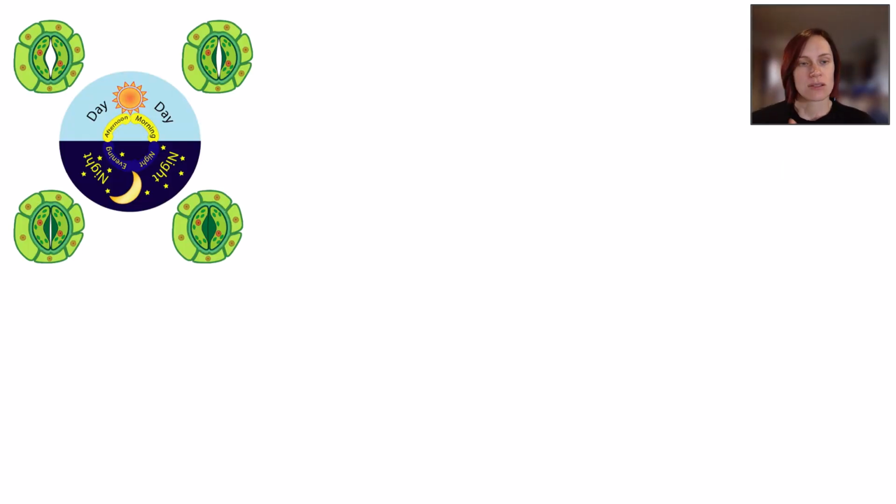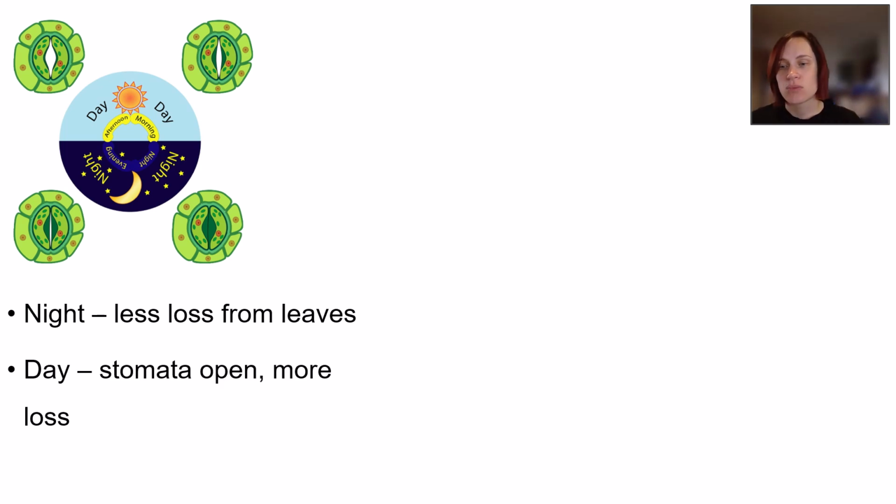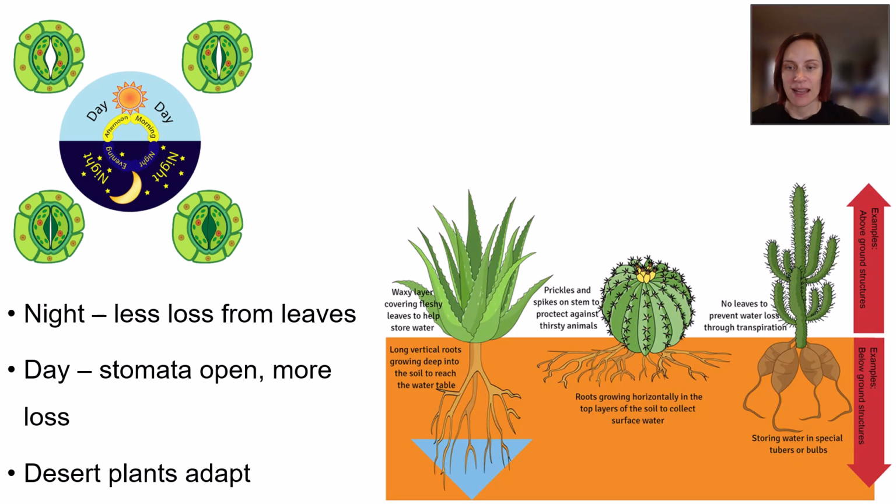When it's night and it's cool, with an increase in humidity, plants draw less water and lose less water from the leaves. If it is daytime and it's warm and it's dry, then the transpiration rate is going to be really, really high. Now, plants in the desert aim to lose as little water as possible to transpiration, but this